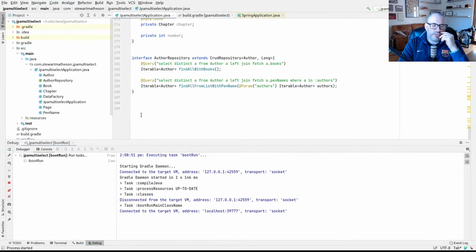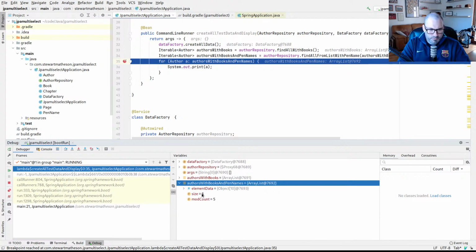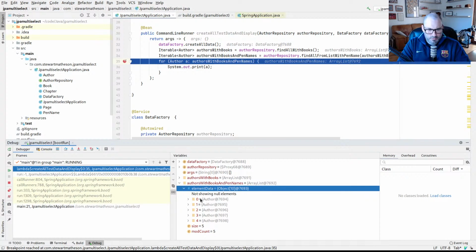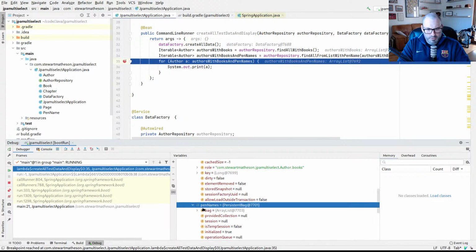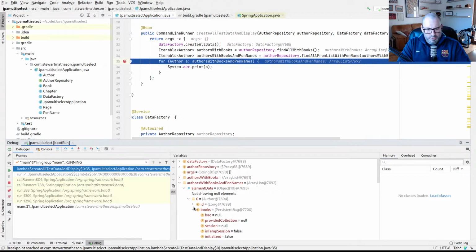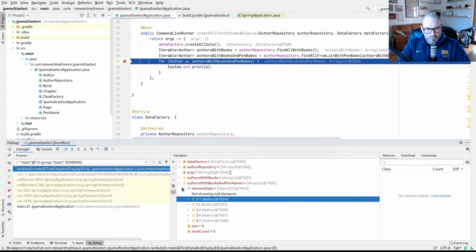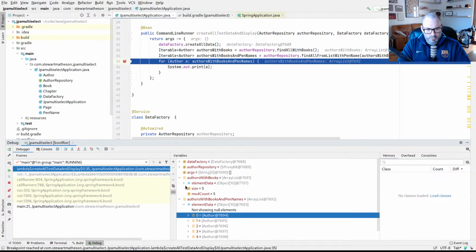I don't know if this will affect it, but we can see authors with books and pen names. Oh, wait a minute, was I looking at, yeah, books per, no. Pen names, there's the bag. Now, interestingly, books and pen names. Now, in the previous authors with books,